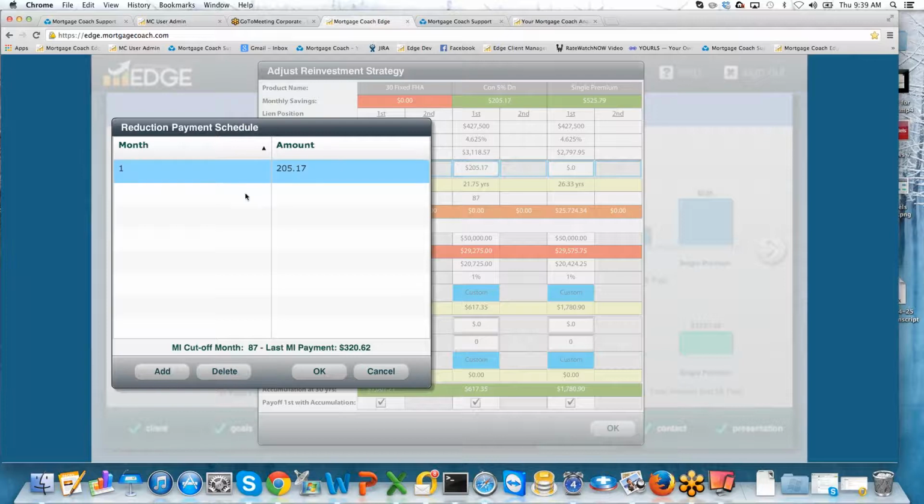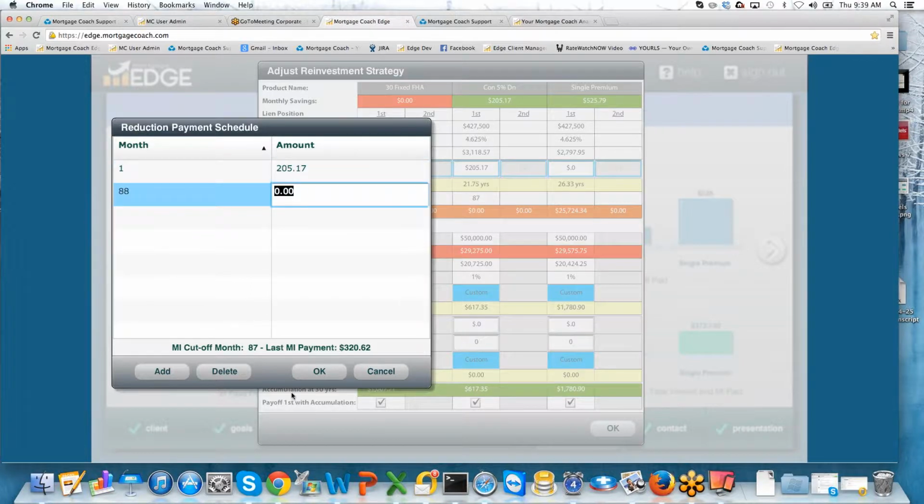So how do we represent that? We're going to add another line item. And this one's going to be month 88. And what I'm going to do is break out a calculator, and sorry, I'm on a new Mac. I don't necessarily have my calculator available right now, but we can calculate this out. So we got roughly 525 total. So at month 88, I can start attributing 525 from there on out